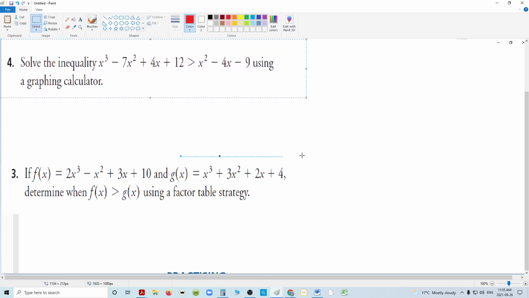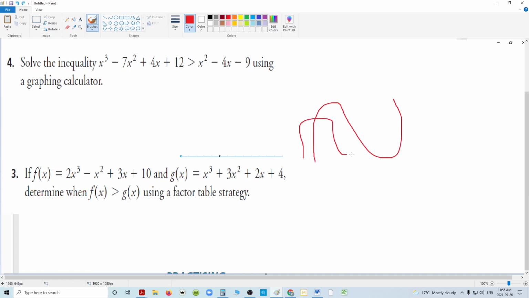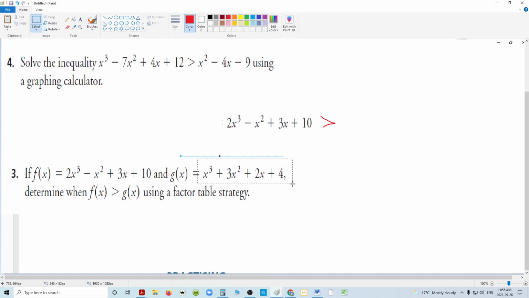Here we're doing number 3 here. So this is a great example. They're saying, when is this function above this function? Now, we know they're both cubics. This function is slightly different, but we need to know when they're above one another. Well, let's write that out. When is this function above this function? Well, the secret is getting everything to one side